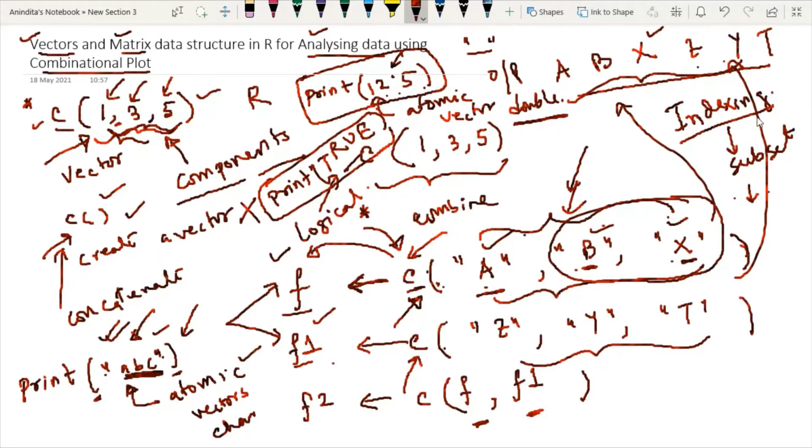And to capture the subset of a specific element set, we have to understand the vector and matrix data structures in R. In the previous class, I discussed subsetting. In that subsetting, I also used some of the concepts of vectors, so for that reason I am explaining it in more detail.